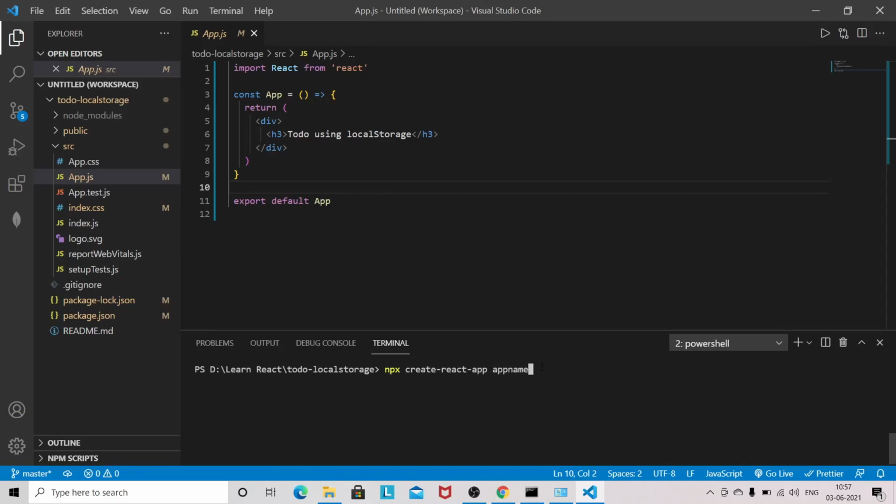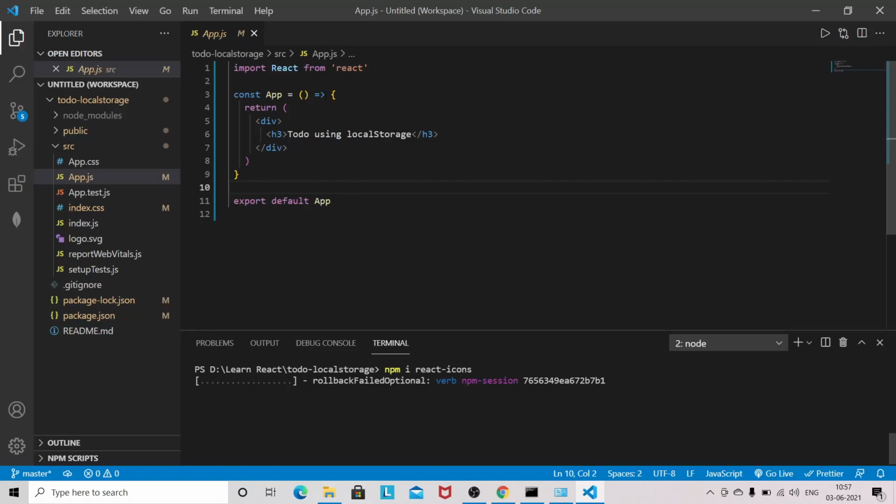Once the project is successfully created, you have to cd into the app name and then run npm start. But before running npm start, you have to install one package, react icons. So you have to install this package. I have already installed it, so you need to install this package first.